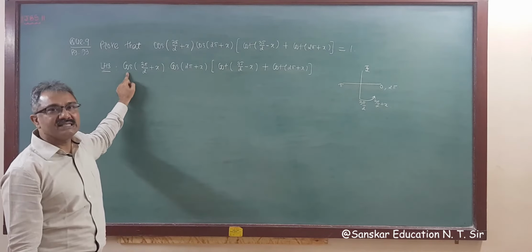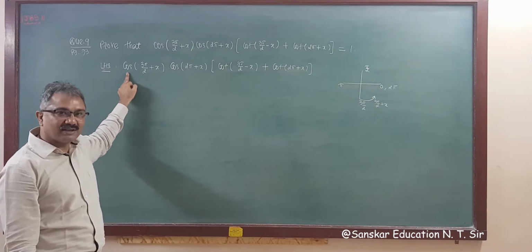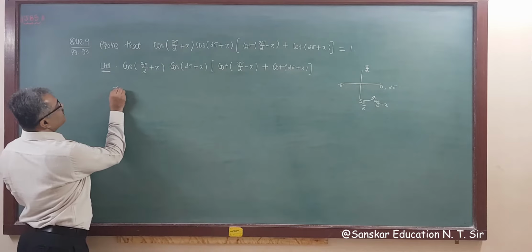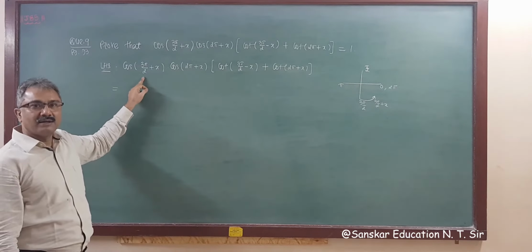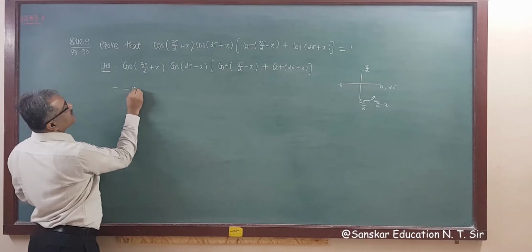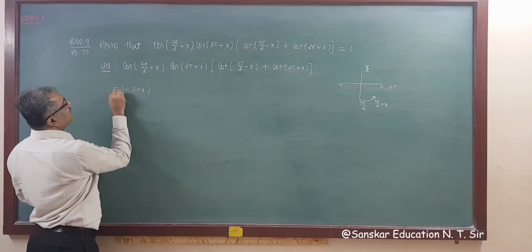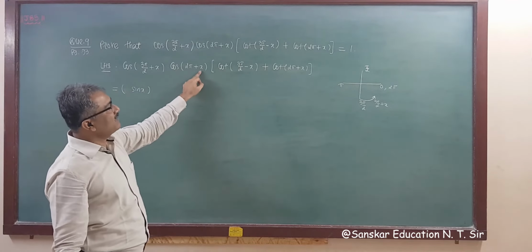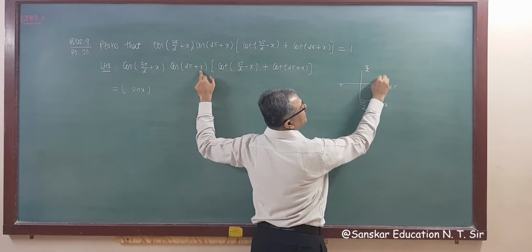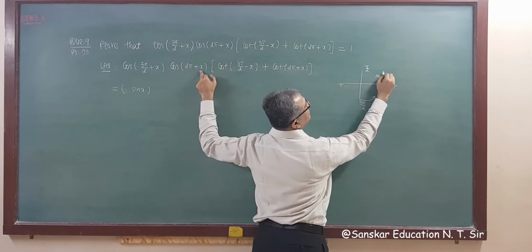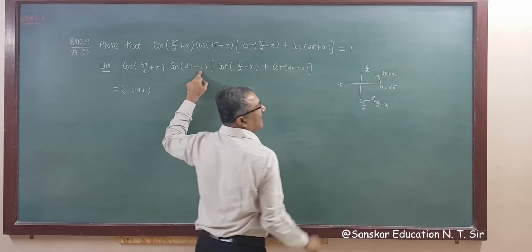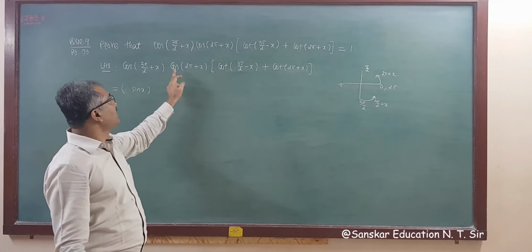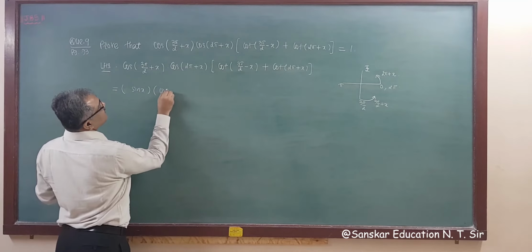In the fourth quadrant, cos is positive, all Sachin Tendulkar cards, all STC. So cos is positive, and there is a change because this is a half angle, so cos will be changed to sine. So this is plus sine x, because cos is positive. Now cos(2π + x): 2π, this plus means we go in this direction, so 2π plus x is in the first quadrant, all positive, no change, so the answer is cos x.